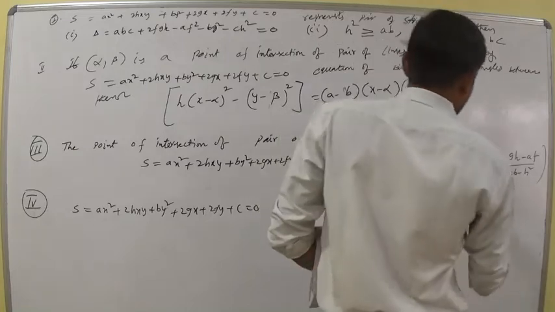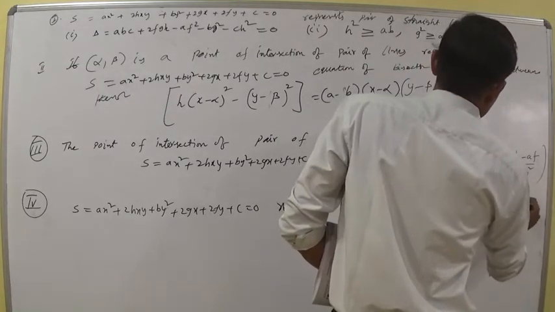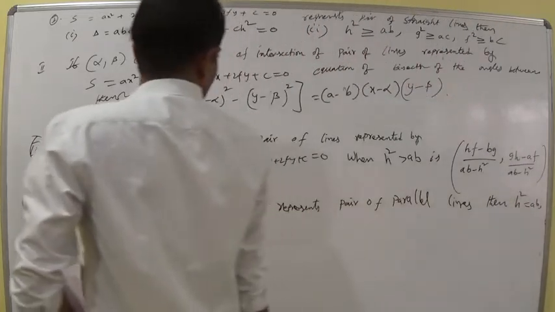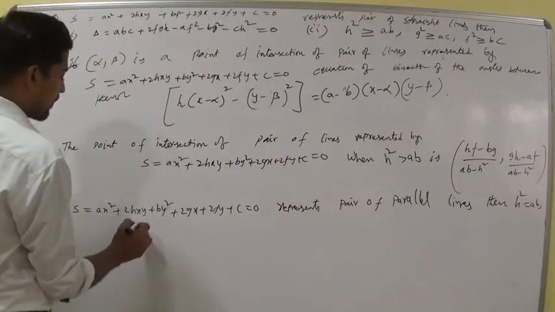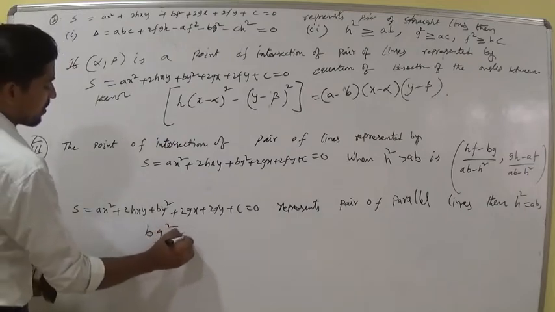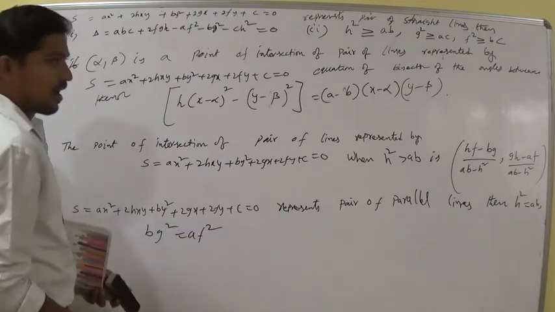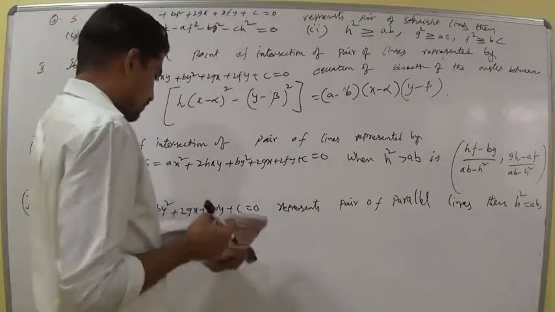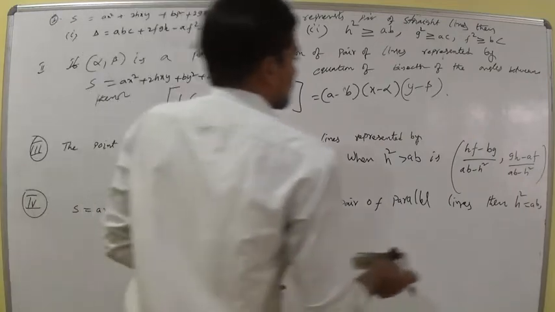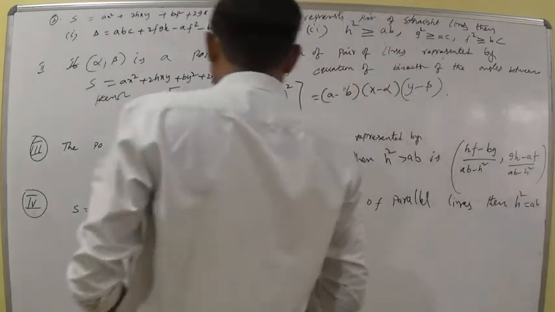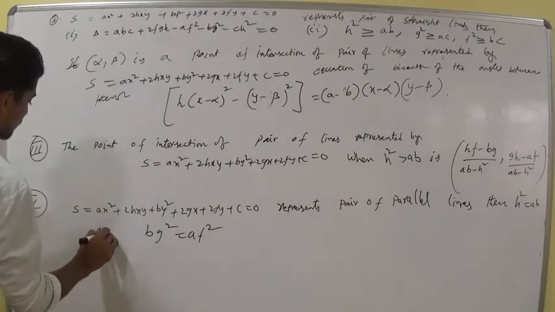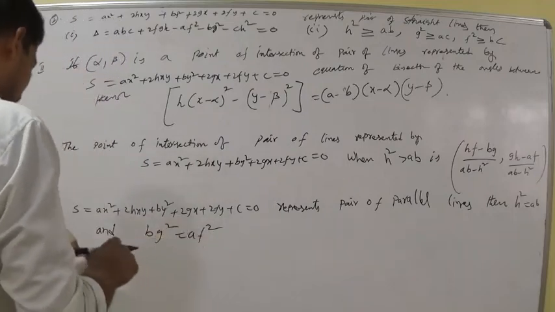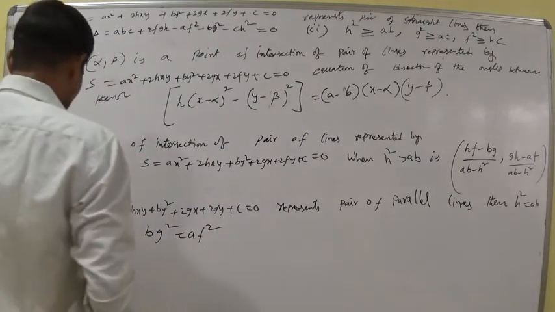Then h square is equal to ab, bg square is equal to af square, and also the distance between them is square root of